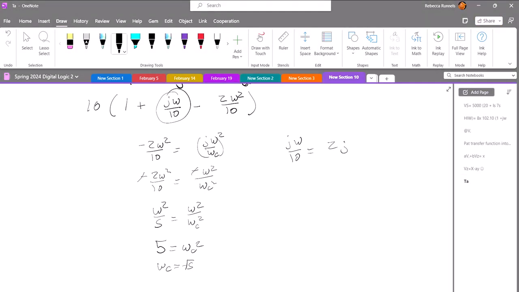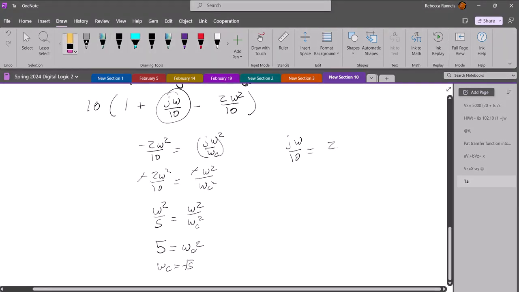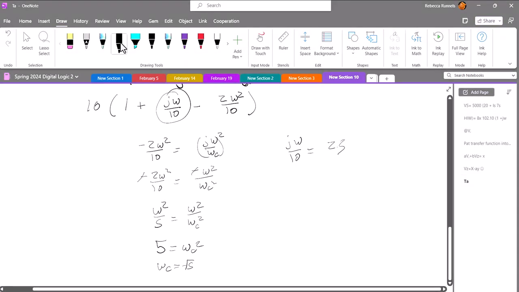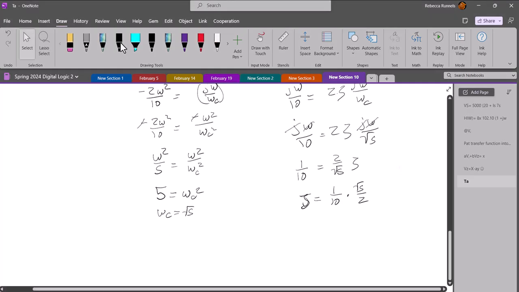Now that I know that omega c equals the square root of 5, I'll take j omega over 10 equals 2 zeta j omega over omega c. j omega over 10 equals 2 zeta j omega over the square root of 5. The j omegas cancel. 1 over 10 equals 2 over the square root of 5 times zeta. Zeta equals 1 over 10 times the square root of 5 over 2. Zeta equals the square root of 5 over